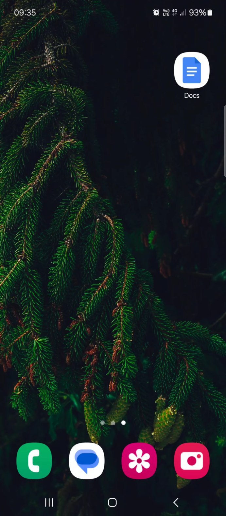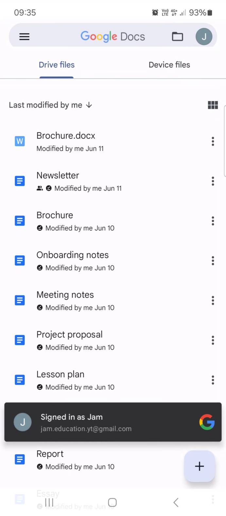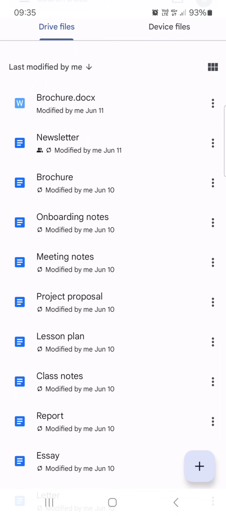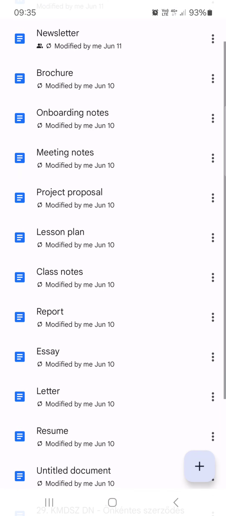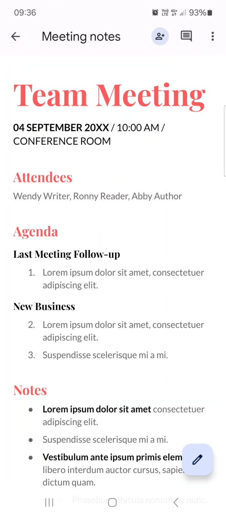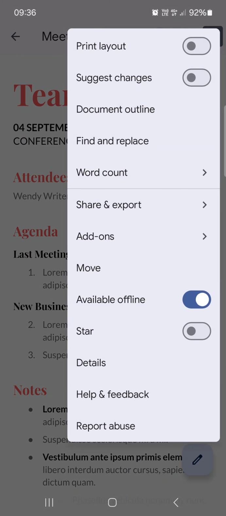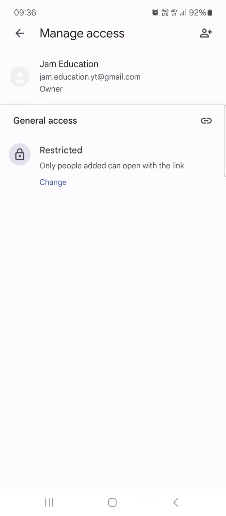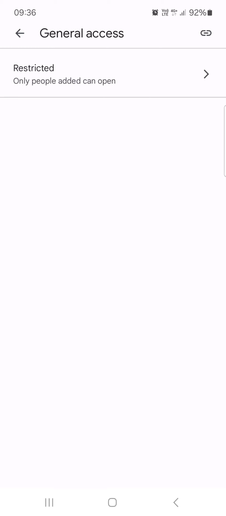First we have to open up the Google Docs app. And here it opens up in Drive files. From here we just have to find a document, tap on it, then tap on the three dots in the top right corner, share and export, manage access, and here we can